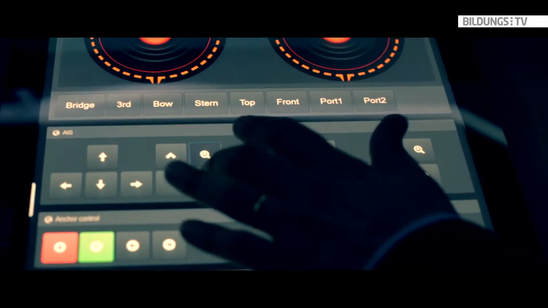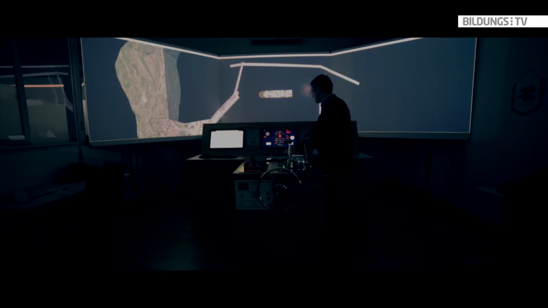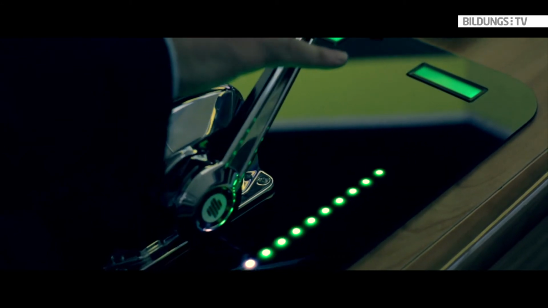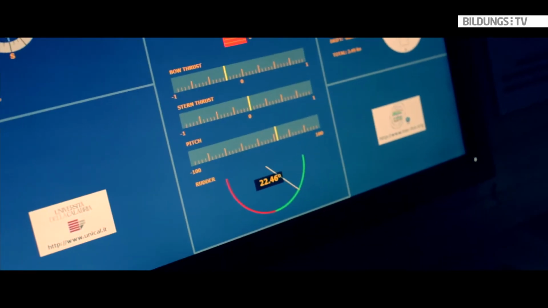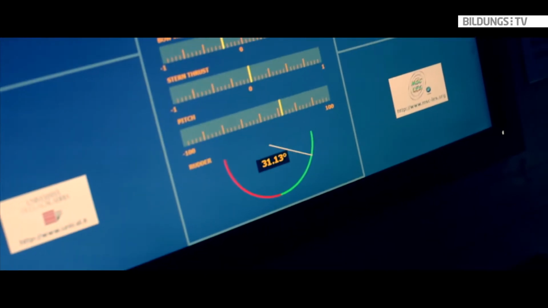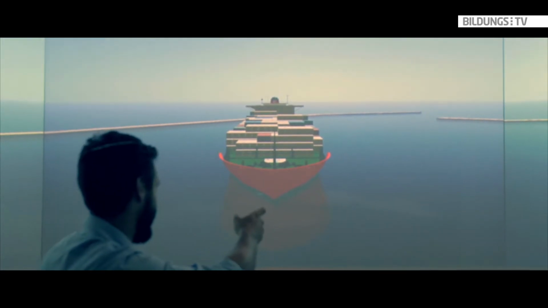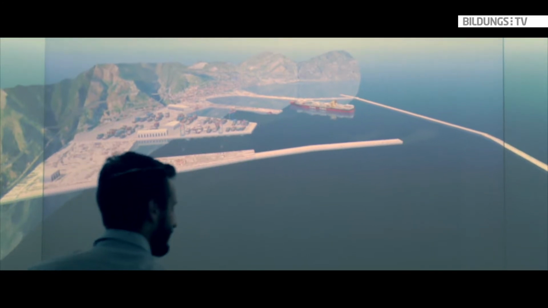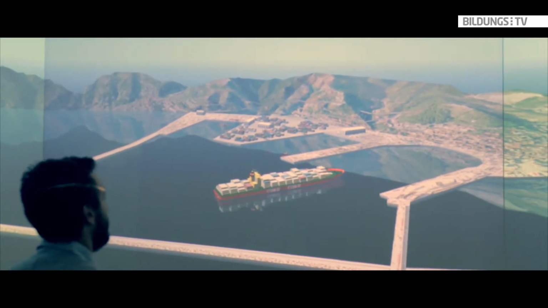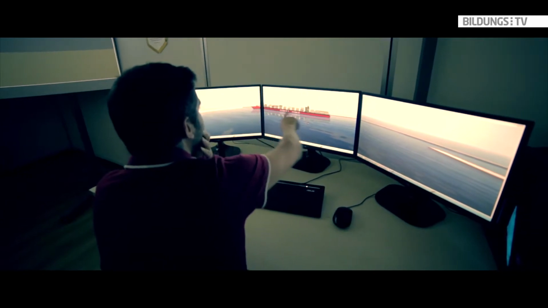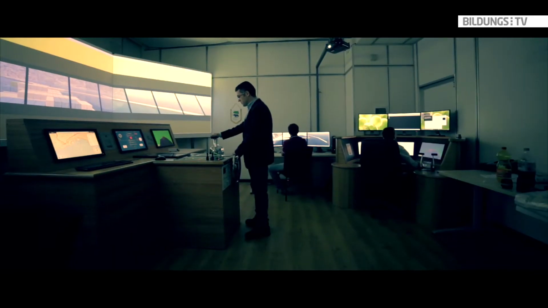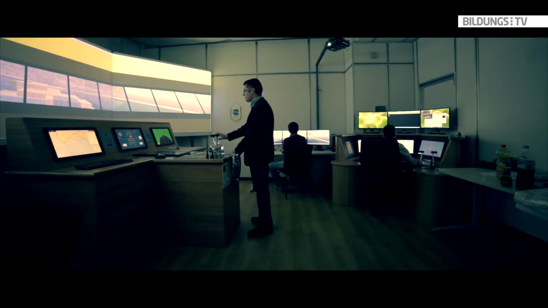For instance, you can change the point of view, and see the port from above, to see how your ship is moving in the port area. And you can control the ship in real time with hardware integration that, as you can see, is similar to the hardware you find on board the ship. So you can look from different points of view. For instance, this is the port of Salerno, by the way, and this is a container ship entering the port. This is the control tower on the ground, and you share the same virtual environment, so you see the ship moving even from the control tower.